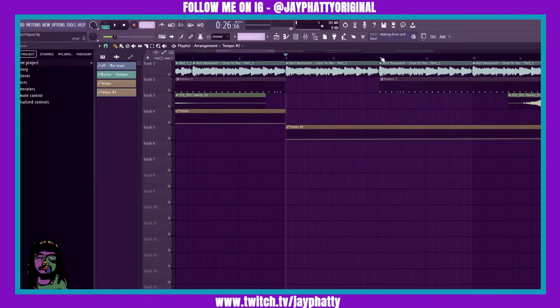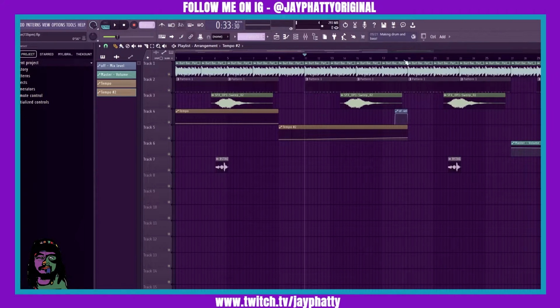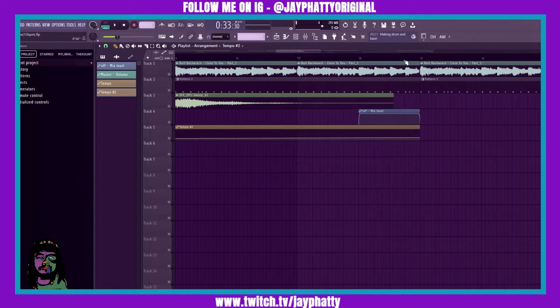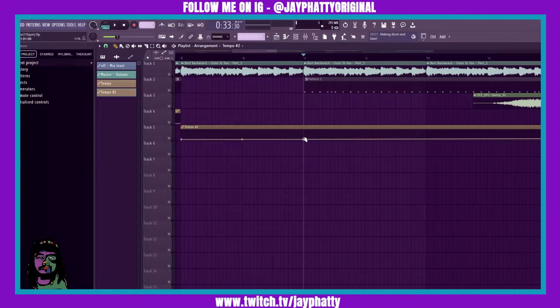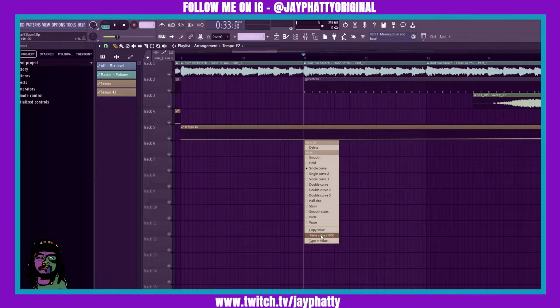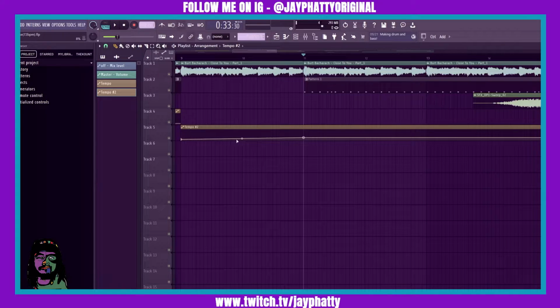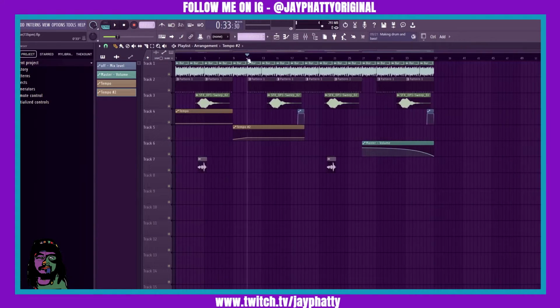So on bar 11, I'm gonna right click another point in. And now we're gonna wanna go to the end of the 92 BPM tempo and right click that point and copy that value. Because we want that to go right here so it gradually increases to 92 BPM like that. We can mess with the tension knob if we want, but for something like this, we'll just keep it as is. Now if we listen to this,